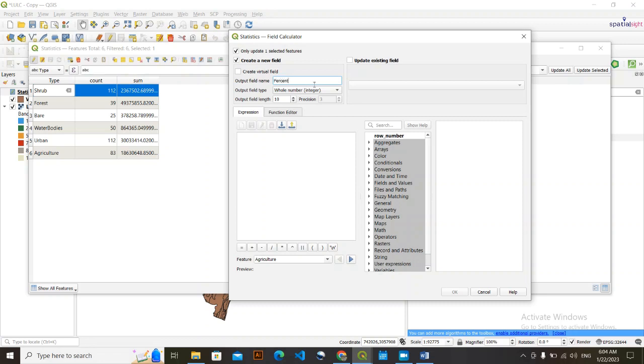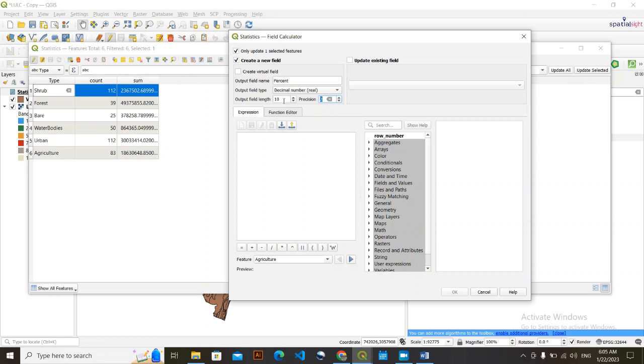Okay, and for the percent, the whole number integer is one option, and that is your choice. If you want whole integers, you can go here. You are not going to see any value in decimal, but I want decimals, so I have gone to that value. Okay,